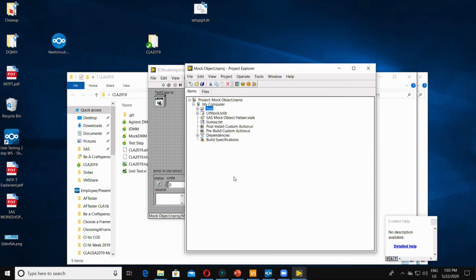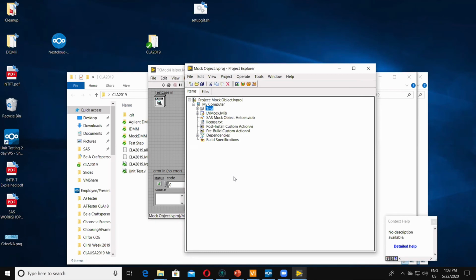Yes, that is something Michael hit on. If you have integration tests, it really depends on what you're using to run tests. But I would suggest if you're using JKI tester, you have a separate project file that contains all your integration tests. Because when you click the run all tests button in JKI tester, it will run all the tests that it finds. And if it finds your integration tests, it will run those. And you don't want to be running those all the time because generally they take longer, and they probably require access to hardware and other things.